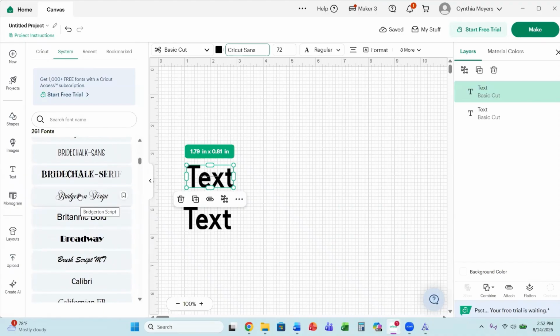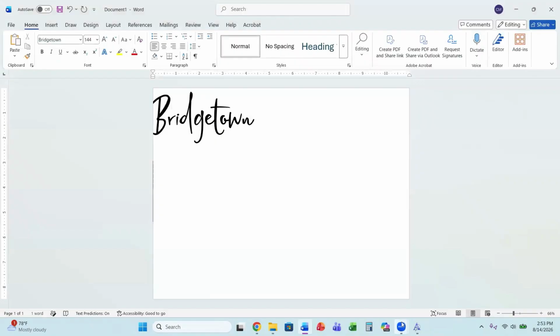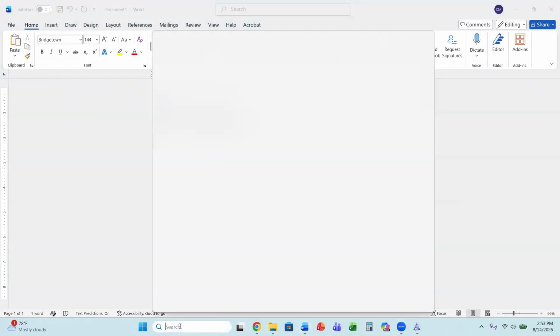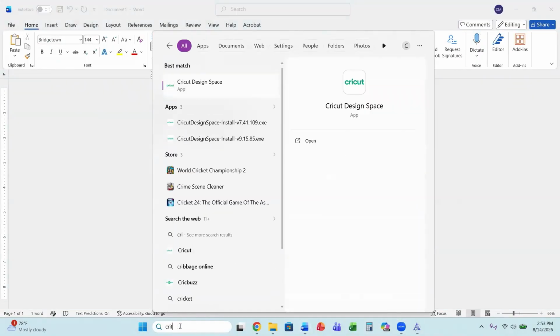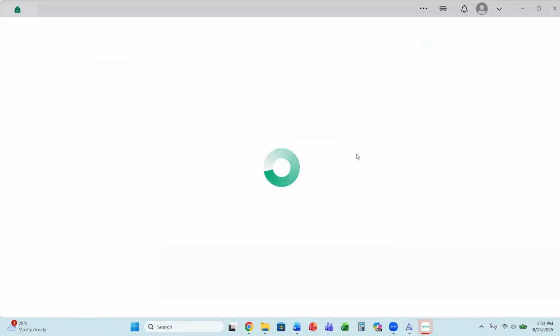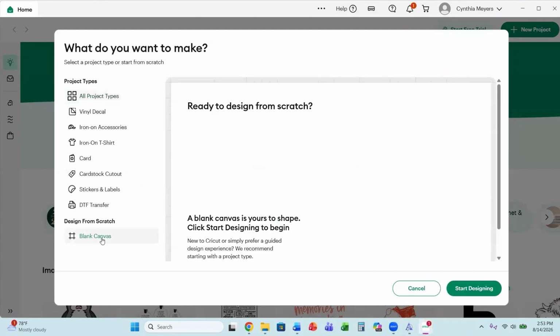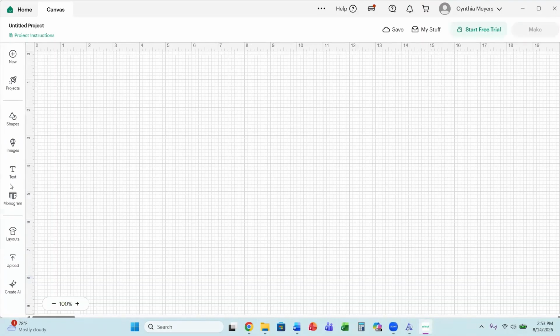Oh, look at that. No, that's Bridgerton. That's a different one. You're not going to see Bridgetown yet because I downloaded this when I had my Cricut Design Space open. So I'm going to close my Cricut Design Space and now I'm going to open it again. After you put a new font in, you have to reload your Cricut so that it picks up that system font. So let's start a new project here, go to blank canvas, start design,